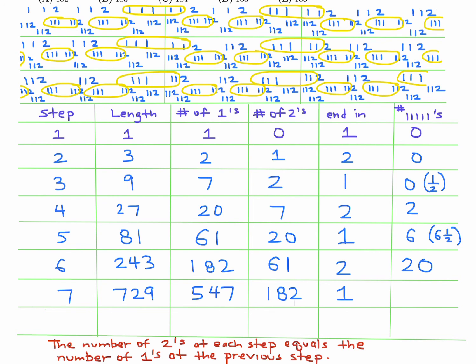Well, it's 3 times the number of digits, right? This is 243, this is 729. So you would think it's 3 times 20. Okay, but here's the thing. The answer is 60, but because it ends in a 1